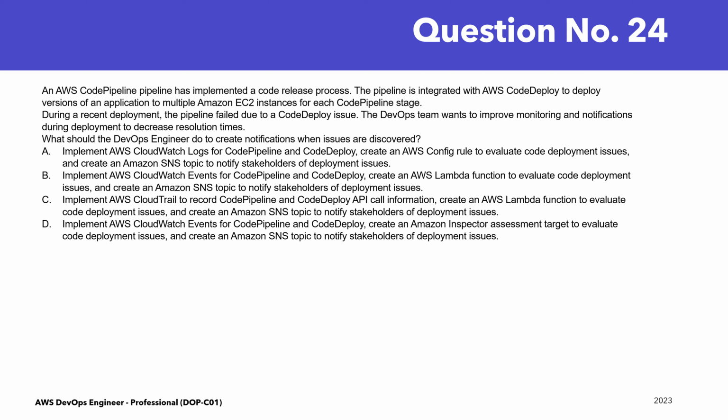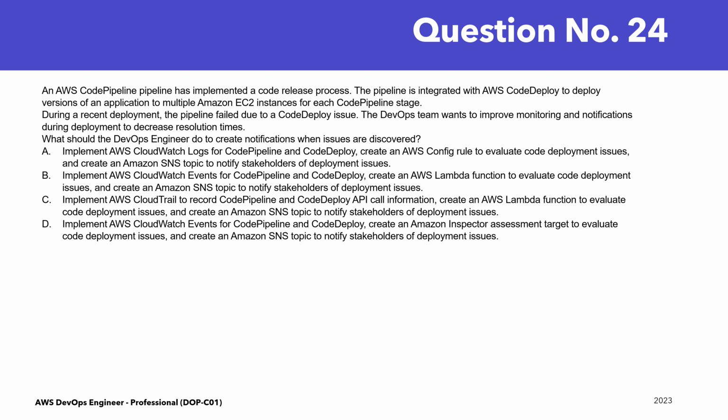A. Implement AWS CloudWatch Logs for CodePipeline and CodeDeploy. Create an AWS Config rule to evaluate CodeDeploy issues, and create an Amazon SNS topic to notify stakeholders of deployment issues. B. Implement AWS CloudWatch Events for CodePipeline and CodeDeploy. Create an AWS Lambda function to evaluate CodeDeploy issues, and create an Amazon SNS topic to notify stakeholders of